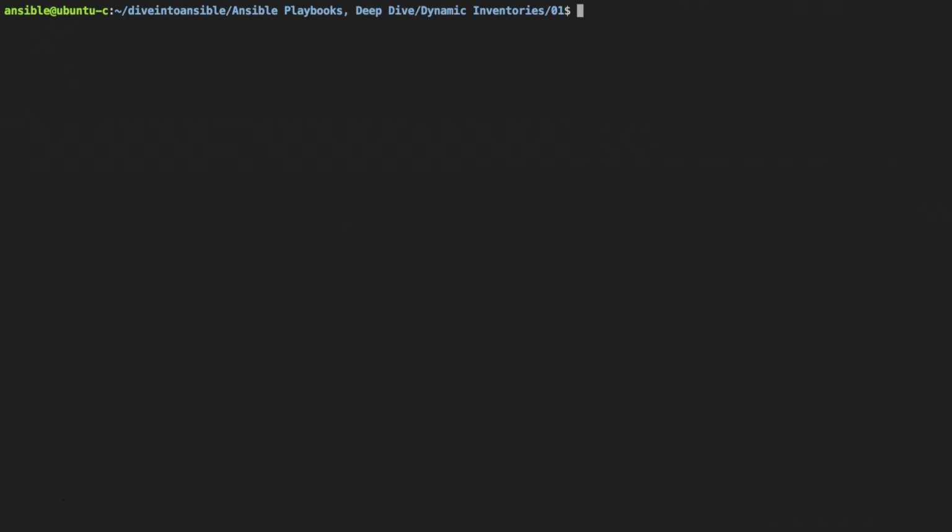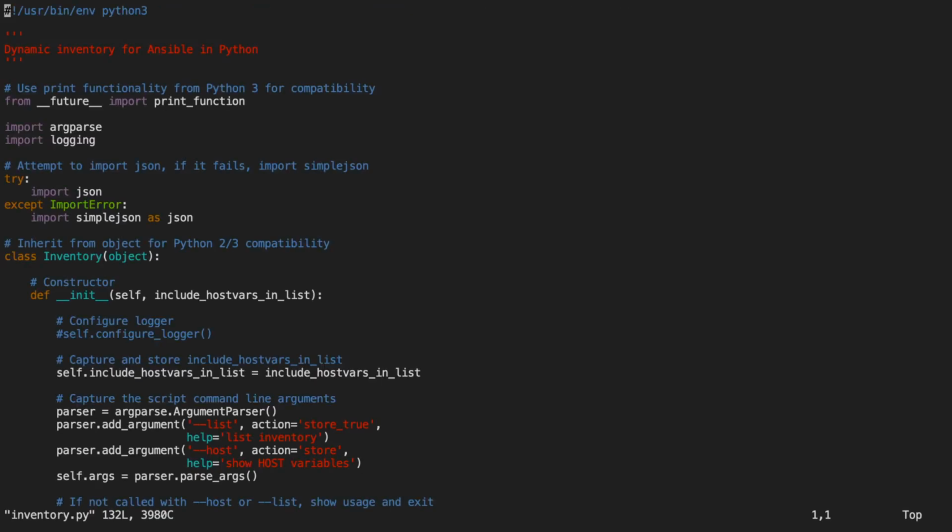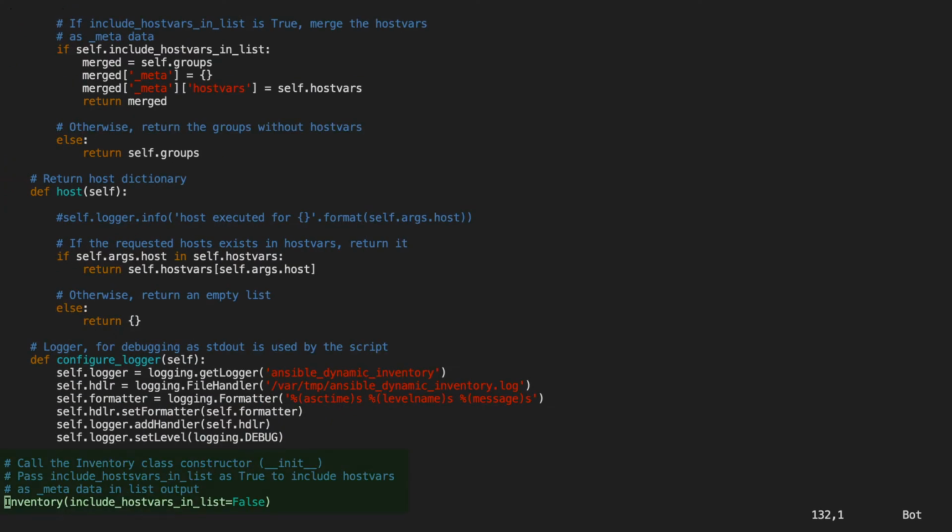So let's take a look at the code and understand what's going on behind the scenes. This is Python code, but it's kept as simple as possible, commented throughout, and we're going to start at the bottom and work our way through this. So if you don't have any experience with Python, don't worry. The entry point of the script is here, where we'll create an inventory object. This in turn will execute the